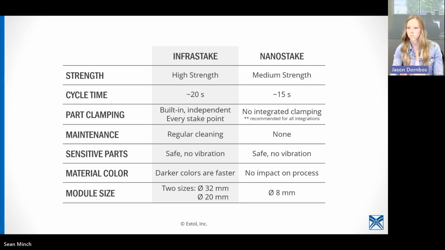So just a quick side-by-side comparison of the two technologies to wrap us up here. InfraStake is typically stronger than nanoSTAKE. Sean went into earlier why that is, and that's due to the type of heating, so feel free to go back to that if you have any questions. Like I said, we can get better strength with InfraStake, which means we can also often get parent strength material with InfraStake stakes. So the cycle time, again, this is a little bit hard to quantify without parameters